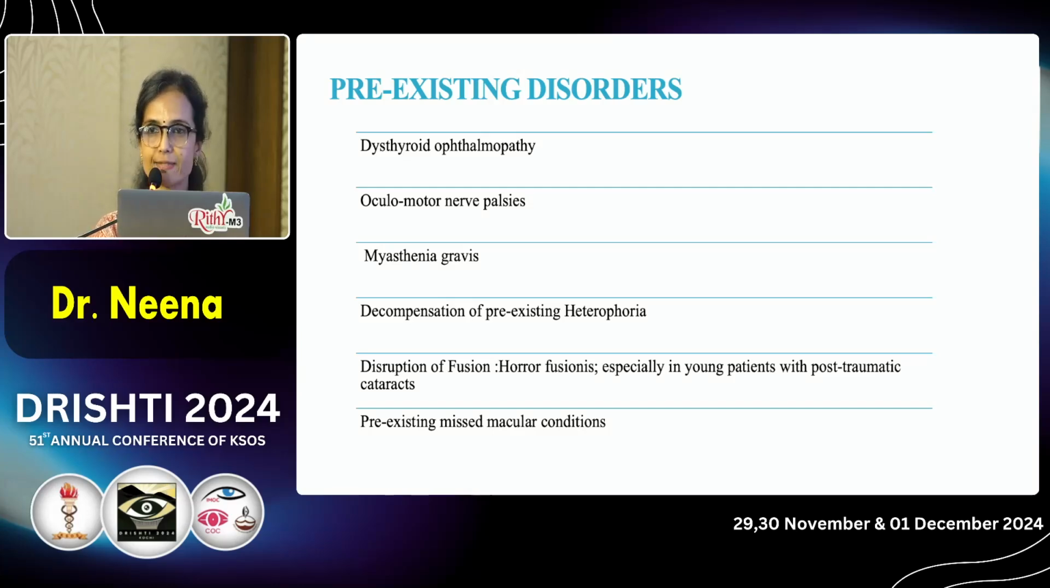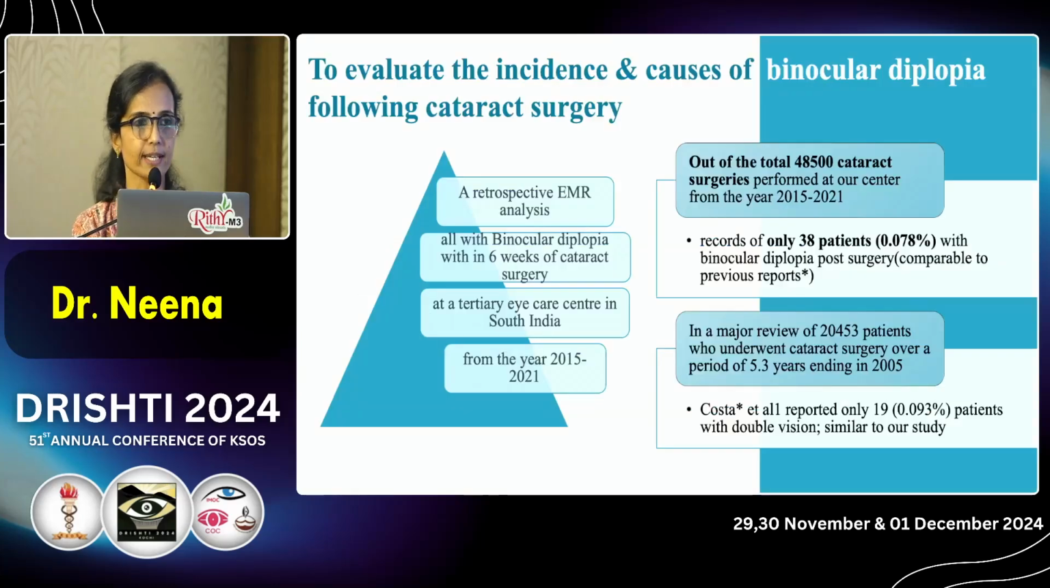Oculomotor nerve palsies, which are subtle, you may miss. Myasthenia gravis, decompensation of a pre-existing heterophoria to tropia, horror fusionis, as I already described, in young patients with post-traumatic cataracts. And rarely, pre-existing macular conditions may be missed, like an epiretinal membrane or a macular pathology, which can produce true uniocular polyopia. So this was a study we had undertaken in our center to evaluate the incidence and causes